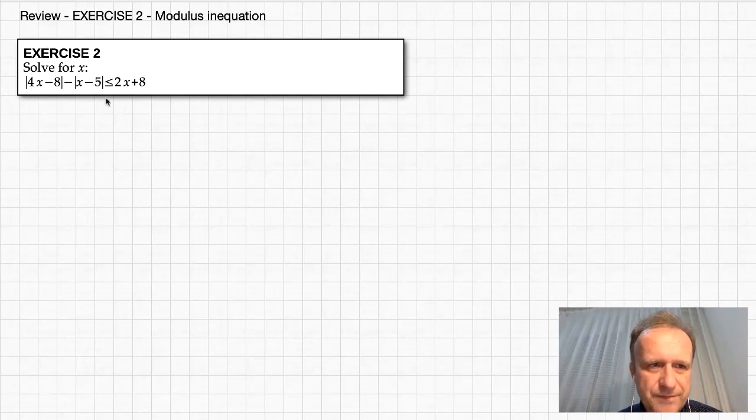Modulus inequation. So solve for x. We have a modulus inequation here which has two expressions with modulus signs, and to solve it there is no way to use any simple tricks available when solving one modulus equation or two modulus equations. Here we have two moduli, and we have an expression without modulus, and therefore we are in trouble,